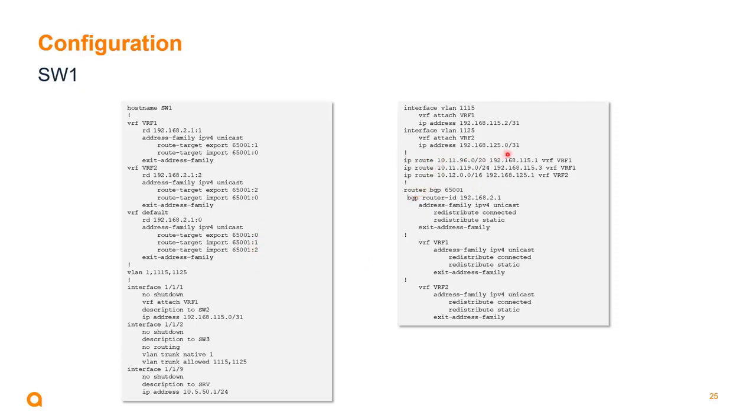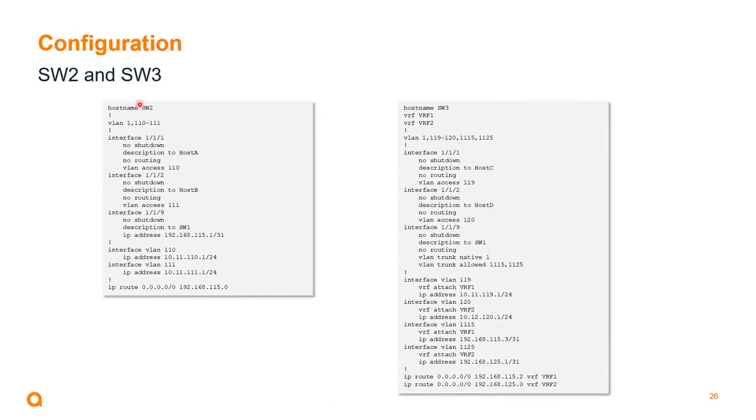You see that there is a static route for VRF1 and a static route for VRF2. In BGP, inside the default VRF, we import the static, but that's nothing used here for default. Actually, what is used is the connected, because the server that we want to connect is attached to that interface as a /24. So here, the connected redistribution is the one that is important for the default VRF. For VRF1 and VRF2, what is important is the redistribution of static.